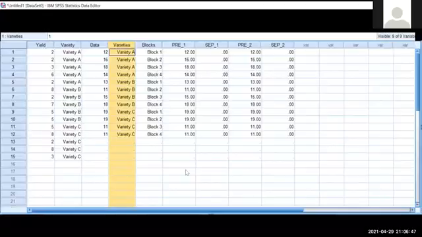Again, I'll stop sharing this. The screen is also not visible properly. I'll share the SPSS screen now. Wait just a minute.